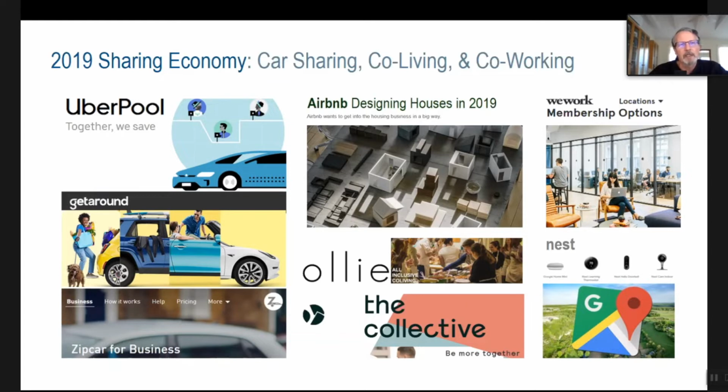Whatever the sharing model is, the trend is pretty clear that the idea of owning a car and paying for it all up front is going away. We moved from owning to leasing, and now we're moving from leasing to sharing. If everybody in the US right now were to be using a car share type of service, we would take 60 to 70% of the vehicles off the road. This would be a big change in our ability to impact the environment. So it's a trend that's happening. It's happening more quickly in California than other places, but I see it all around the world.